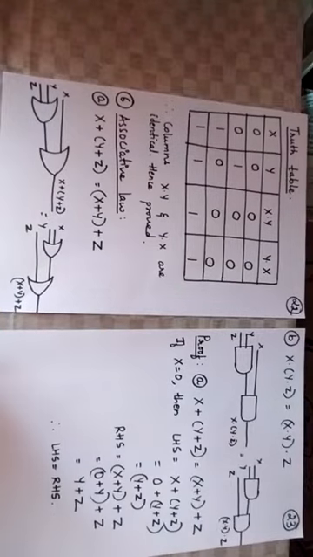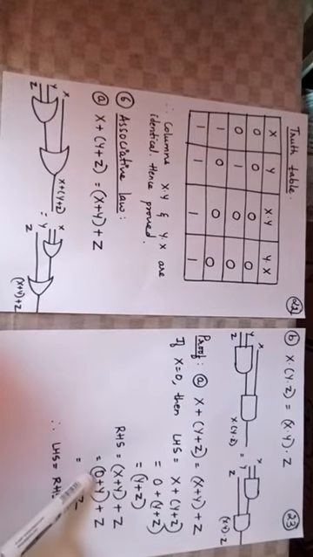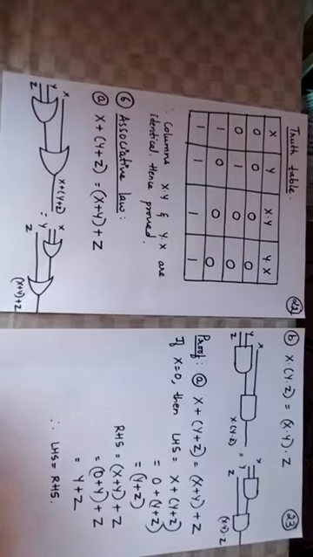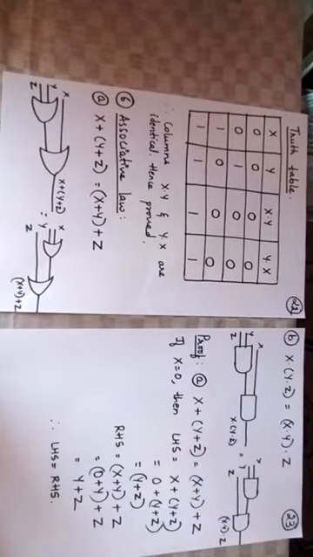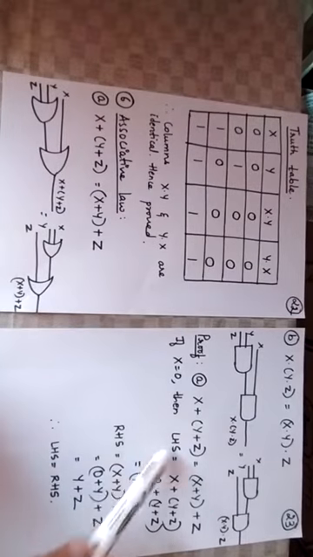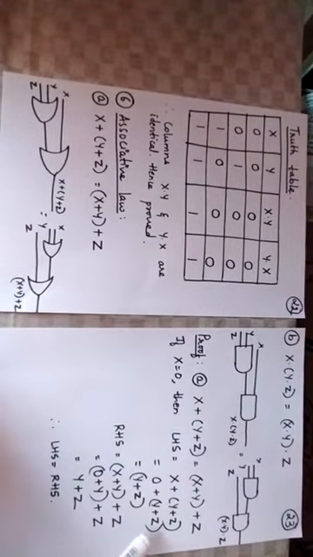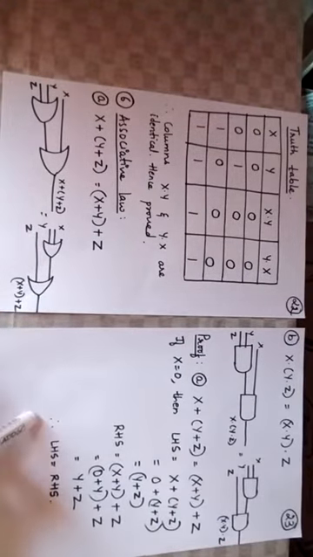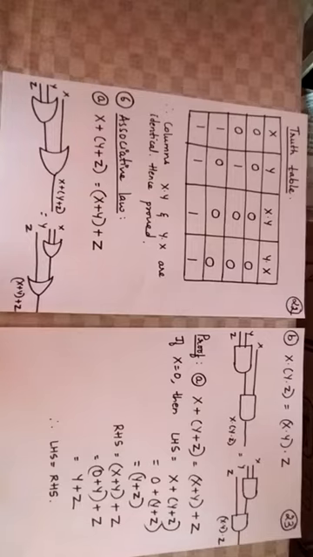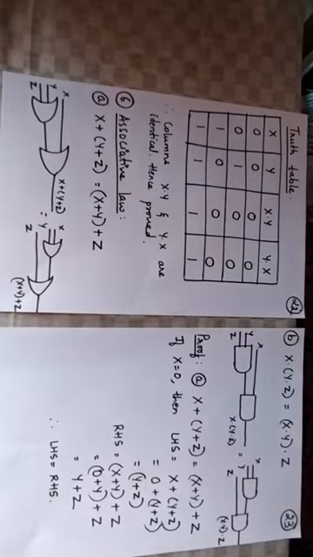Next take the right hand side. It says (x plus y) plus z. Now here replace the value of x with 0. Y remains as it is, z remains as it is. Within the parenthesis we have to solve first. So it says 0 plus y, which results in y, then plus z. So finally we get the result as y plus z. Now we have to compare the final values of both left hand side and right hand side. What is the value for left hand side? It is y plus z. Right hand side also it is y plus z. Therefore left hand side equals right hand side. This is with the help of value 0 for x.